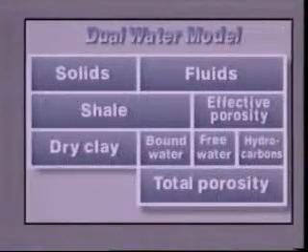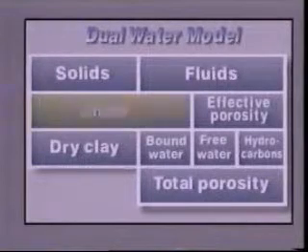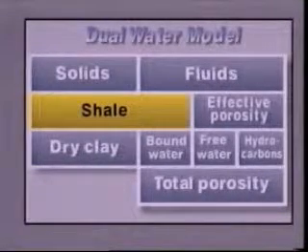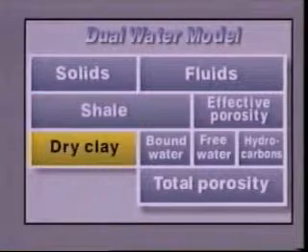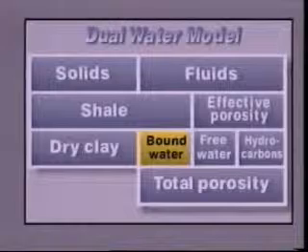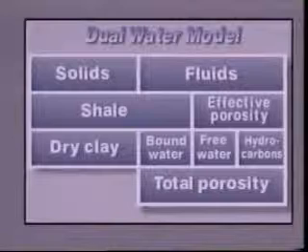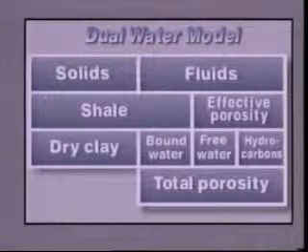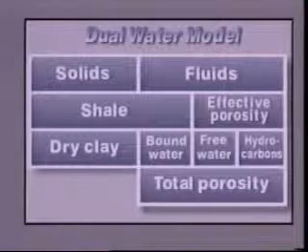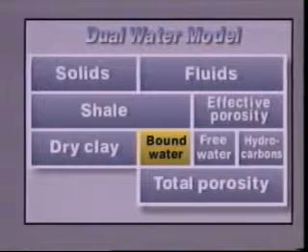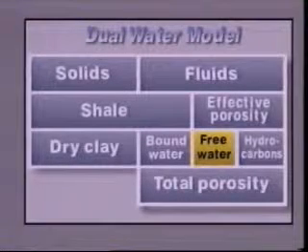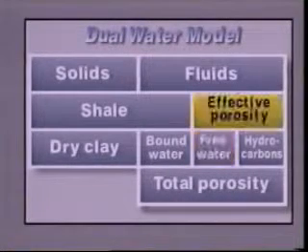Another model designed for shale formations is based on the dual water concept, wherein the shale fraction of the formation is modeled as consisting of two components, dry clay minerals and the water bound to the surface of the clay grains. Since the bound water is immovable, the volume it occupies cannot be displaced by hydrocarbons, and it is not considered effective porosity. The model then treats the total water as consisting of two phases, the bound water and free water, and arrives at a saturation value for each as well as a value for the effective portion of the total porosity. Let's briefly look at a computed log over our South Louisiana sandstone interval that uses the dual water